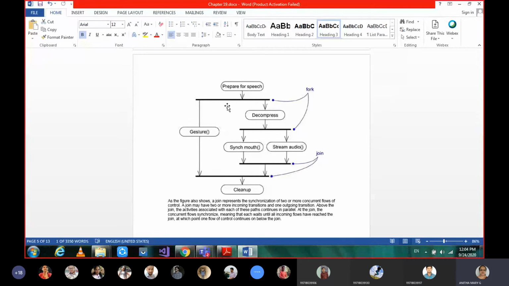Mute yourself. Okay, now if you see the example here, prepare for speech. When you are preparing to give a speech, what are the things that need to be taken care of? What exactly you want to speak. The synchronization of your mouth and what you are talking, the coordination should be there.